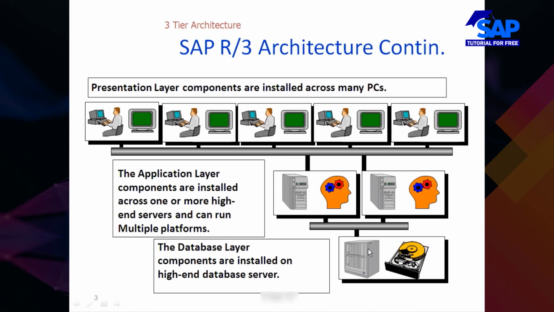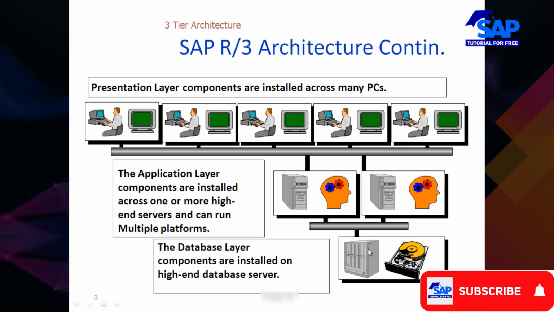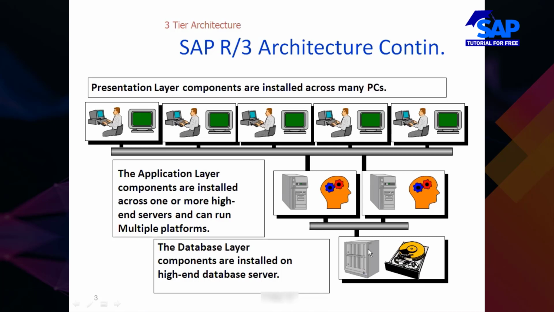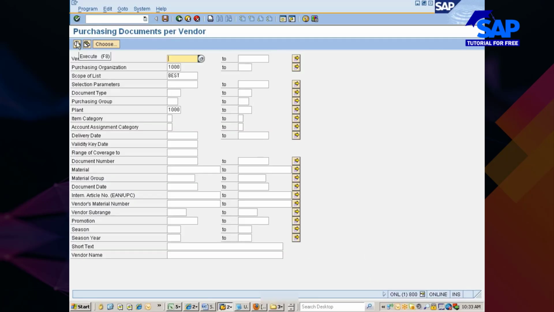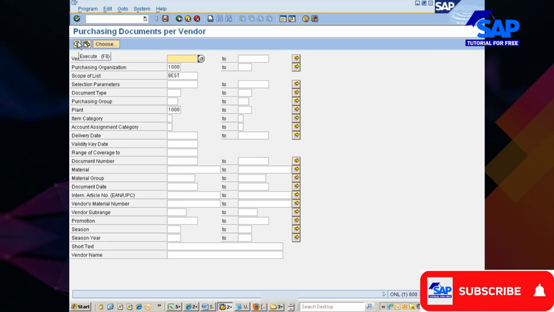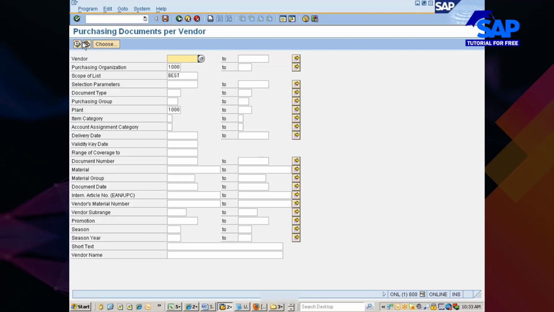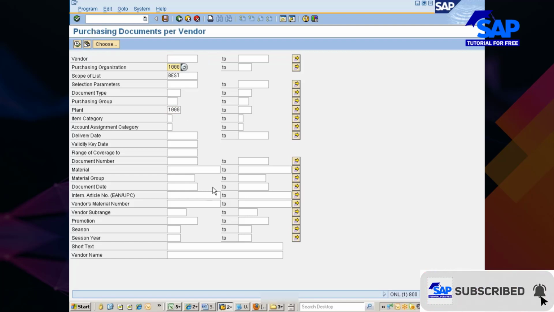You cannot. If you have multiple databases, the system will not know from which database the record needs to be picked up. Because what we do in the programs as a developer is, for example, when I go with execute, a query will be built inside the program saying select all purchase orders created for plant 1000, for purchase organization 1000, between so and so date, in which system, in which server?